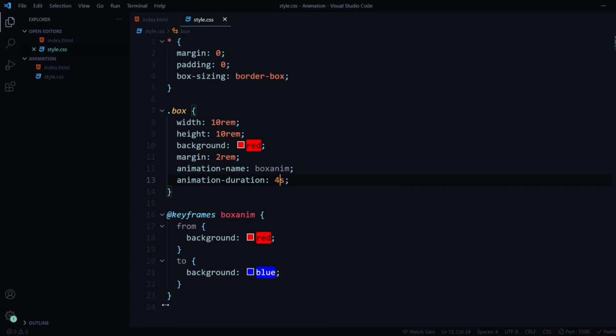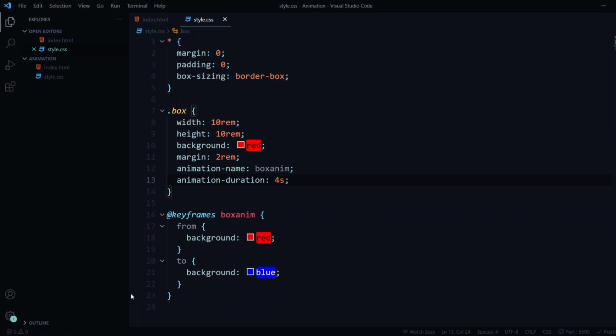Now in the previous one, in keyframe, what we did was we added from and to. Okay, we added from and to here to add styles to them, but we have even better options than that. So we can also add percentage to tell which style will occur at what part of the animation. So if the animation is for 4 seconds, we can divide it into 25%, 50%, 75% and 100%, which will be the 1st second, 2nd second, 3rd second and the 4th second. So we can even specify at each second what should happen using this percentage.